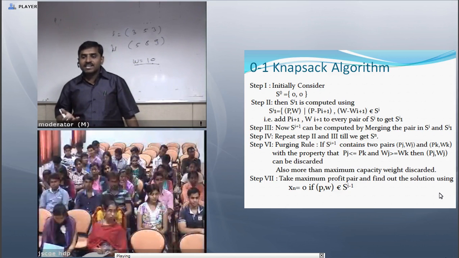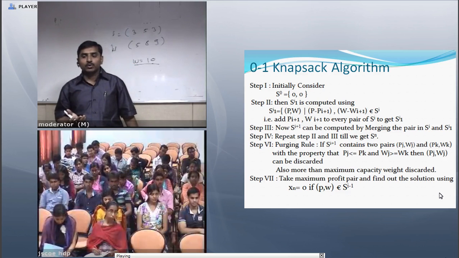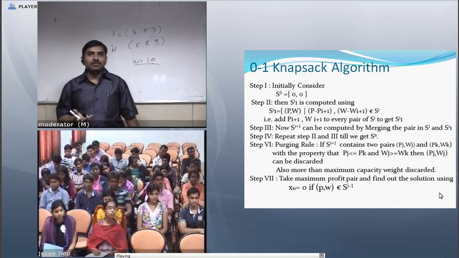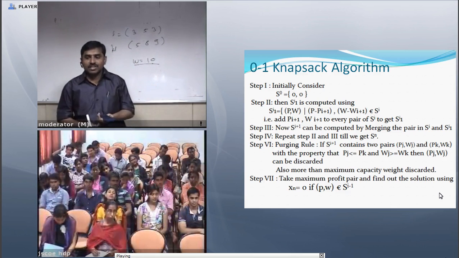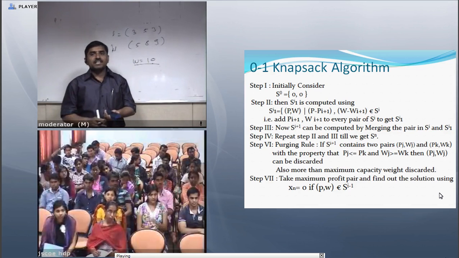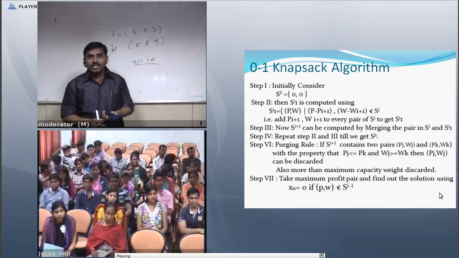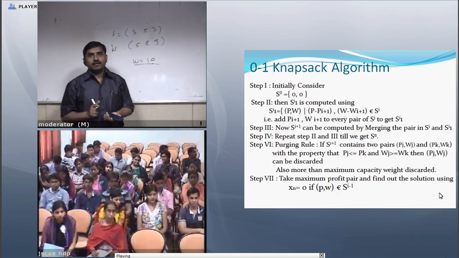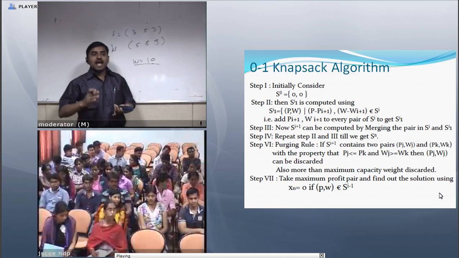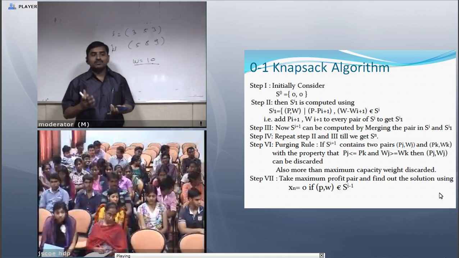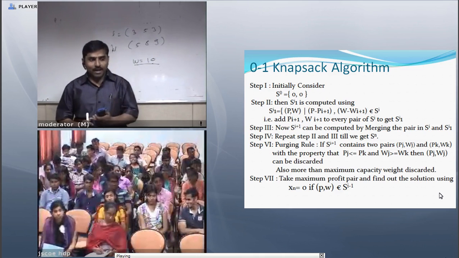Then Si+1 is computed using the following formula: Si+1 equals (P, W), where P is profit and W is weight, such that (P - Pi+1, W - Wi+1) belongs to Si. Means what? I add Pi+1 and Wi+1 to every pair of Si to get Si+1.